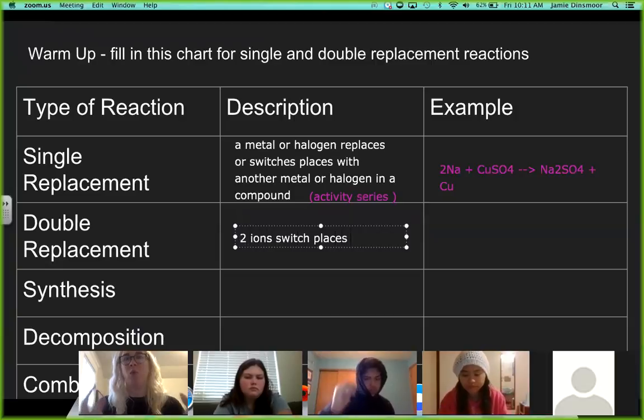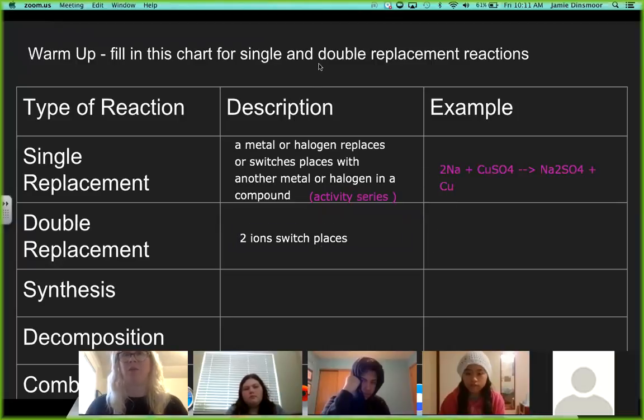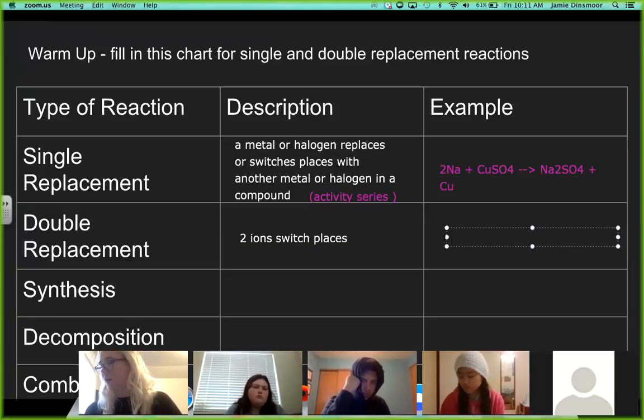In a single replacement, we have one thing switching. In a double replacement, we have two things switching places. So when we see single replacement, we always see one element by itself, and it's always a metal or a halogen, right? So metals being sodium, lithium, magnesium, etc. Halogens being fluorine, iodine, chlorine, etc. So keep in mind the double replacement is going to look slightly different than our single replacement reaction. An example of one that we did last week